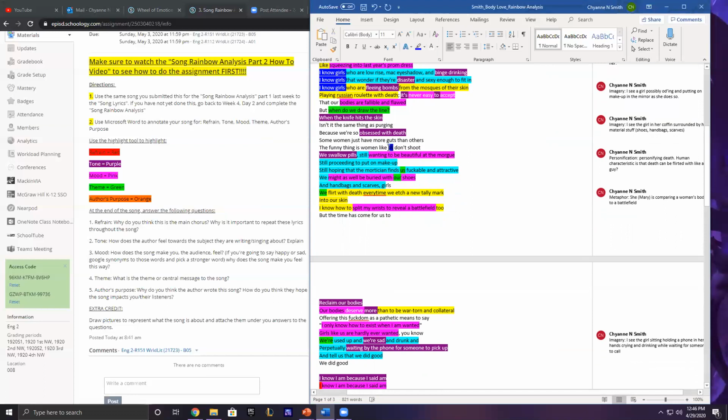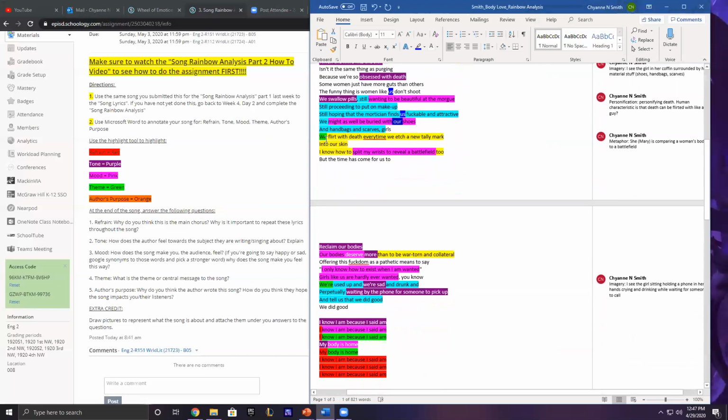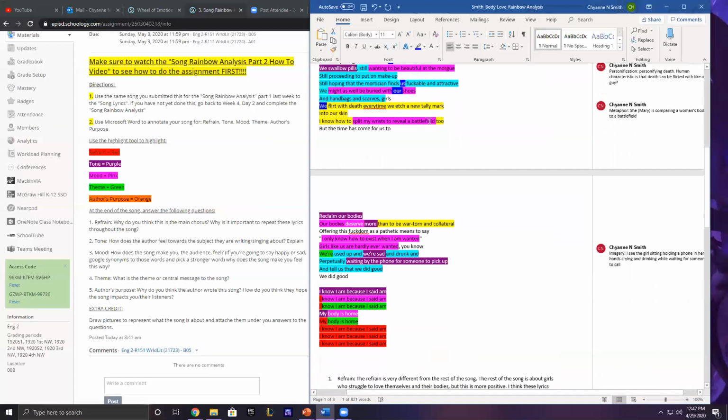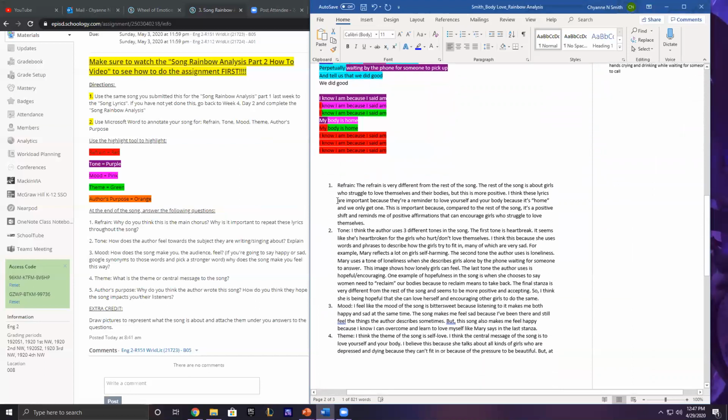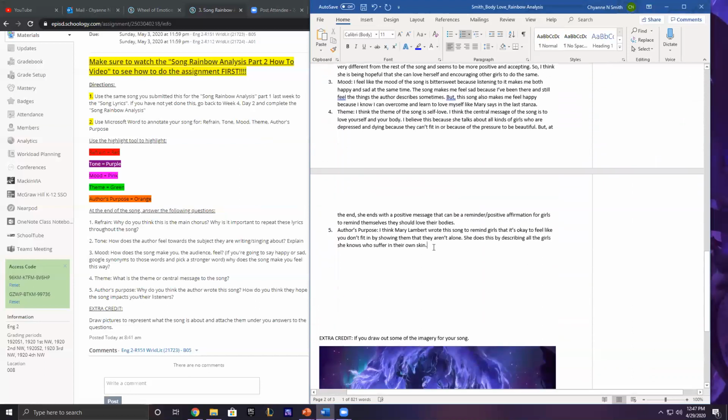Us implies that there are many people. We're in this together. Us, we're in this together. We, and then we're, right? So she's trying to show you you're not alone. So I needed to find all of those moments where it shows that we're not alone, and then that's it, and then I'm done. So you can go ahead and end here pretty much and go figure out author's purpose,